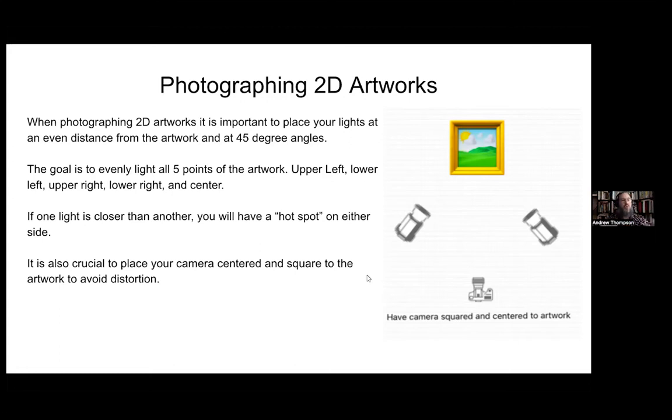So I'd be able to put up a flat piece of work stuck to that backing, and then I never had to change my lights because you want 45-degree angles. I'll expand on that in a minute. And with my camera, all I'd have to do is move it closer or further away depending on the size of the 2-dimensional work. So it's really quite simple in the sense that you want two lights pointing at 45 degrees, and you want to make sure that all five points of a, hold on, I'm going to get a